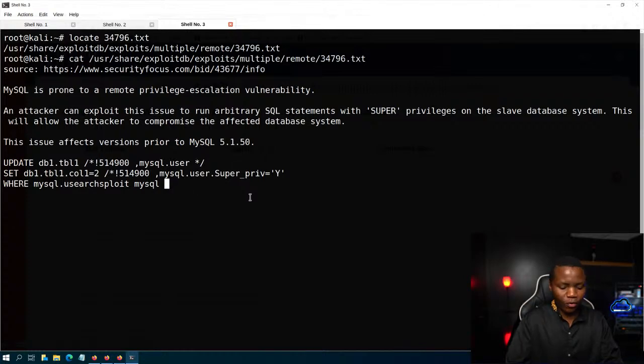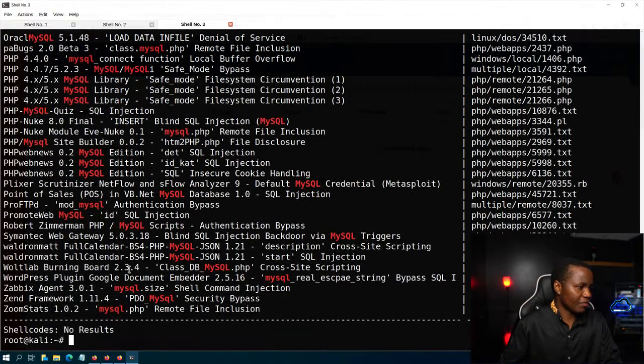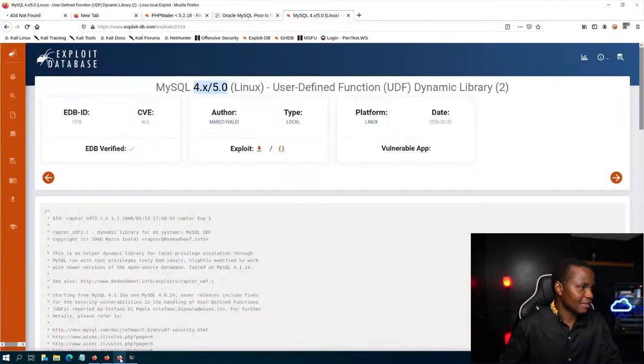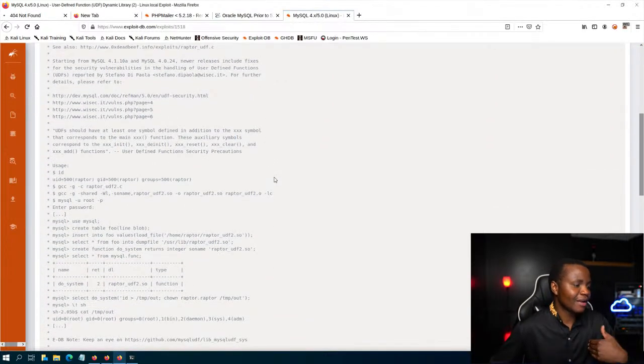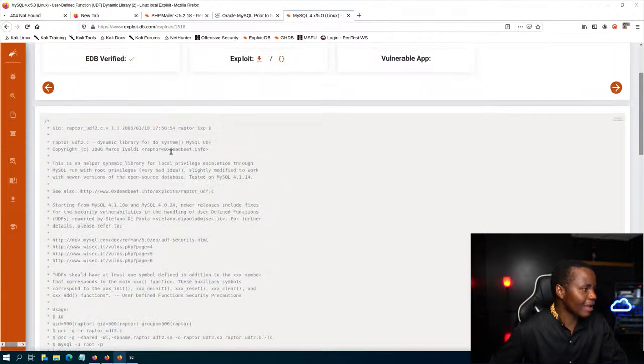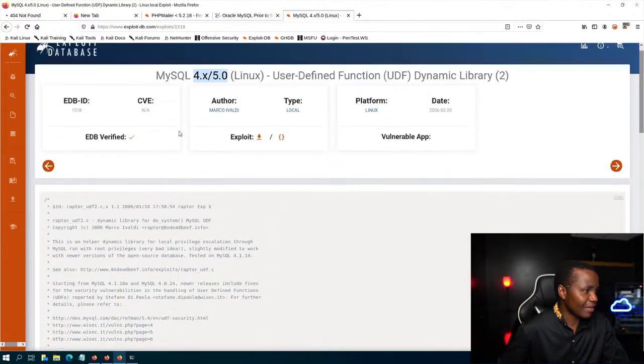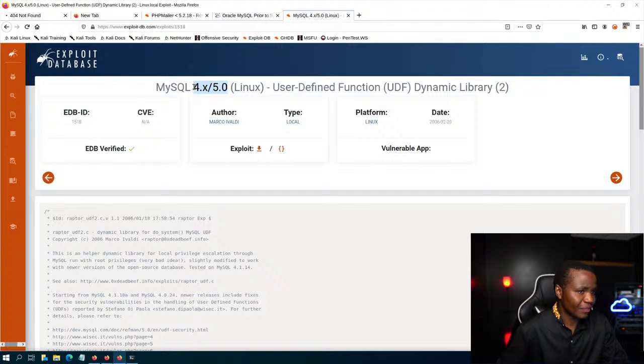We could have grepped for privilege escalation from all this noise and still seen this exploit. I want us to get to the exploit right away, because then we can actually spend some time working with it. This exploit is more involved, so we need to know what it's doing, how to run it, then run it. That's why I don't want to spend too much time showing you how to do Google searches here. But after you look through the exploits, first check that it actually covers our version,